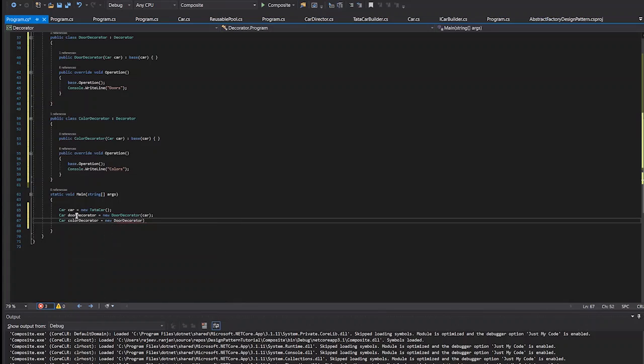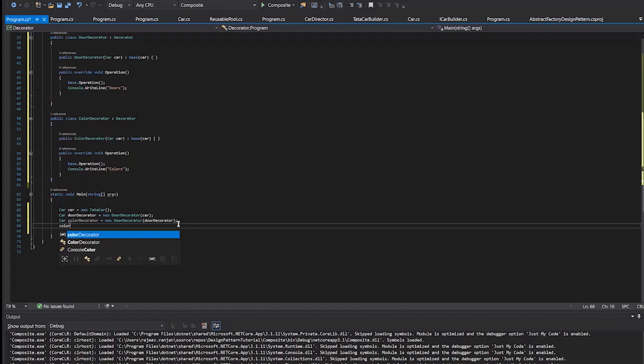If we want to have a car without door, then we can simply pass the car object. If we want to have a colored car with the door, then we need to pass the door decorator object. So you see, we are adding the objects at runtime, and we can apply the features. We can continuously create another feature and add it. We can wrap that color decorator inside another decorator object.